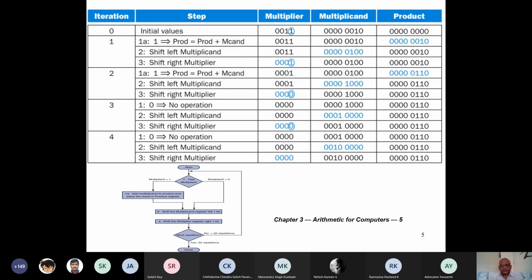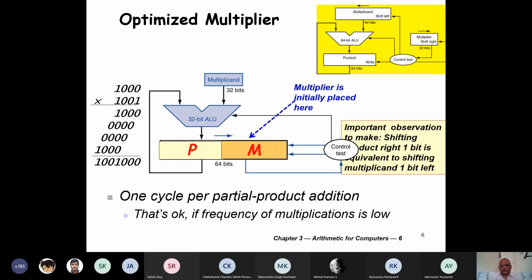There are 4 bits in the multiplier, and we have shown 4 steps. Simple enough if I understood the long multiplication. The hardware is simple enough. But that hardware is not really the best that we can do. We can have an optimization of that same hardware. We can reduce the number of registers required.